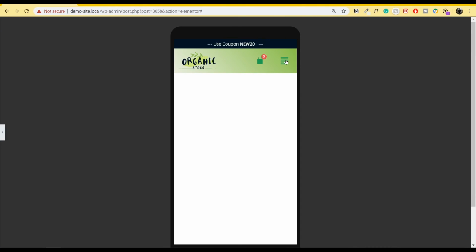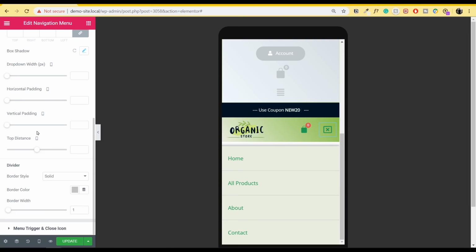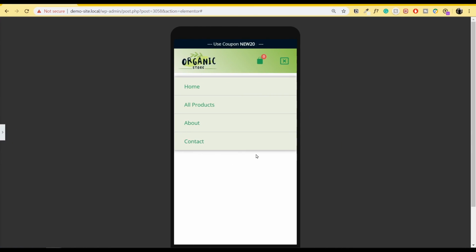Now if I click on this menu, you see these options appear. What we can do is change the spacing here. So I'll do that. To change the spacing, I'll go back to the menu again, go to where it says drop down, and inside the vertical padding, I'll change the vertical paddings to say 10 pixels, or that is too small, so I'll change it to 20. And that looks pretty decent. So if I hide this menu now, you can see this menu appear pretty beautifully.